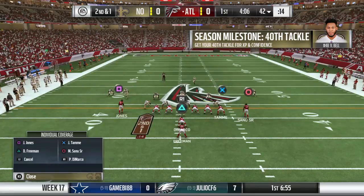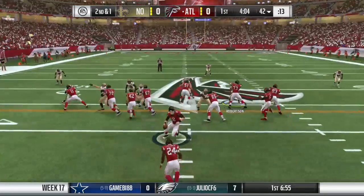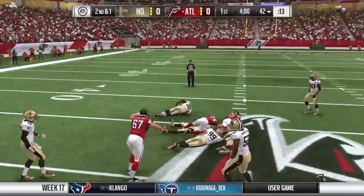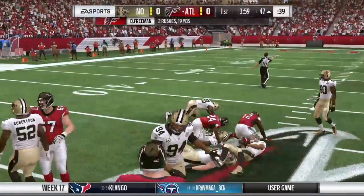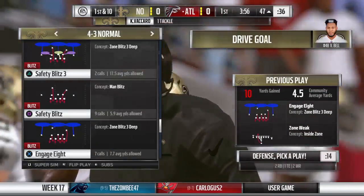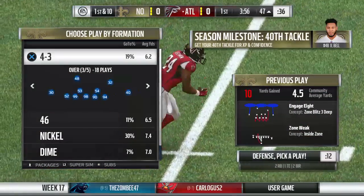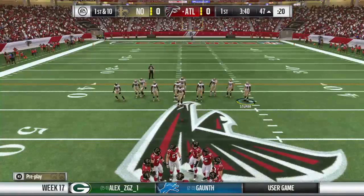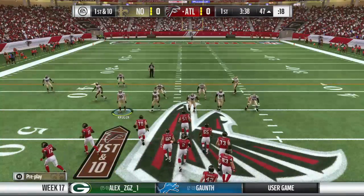Second down. Again, they'll run with Freeman. And he'll be taken down, but not before he gets into enemy territory. A nice pickup there, 10 yards, and it'll move the sticks. How many times do we say in this game that speed kills, and it does it in so many different ways? In this case, you got a back who's quick and